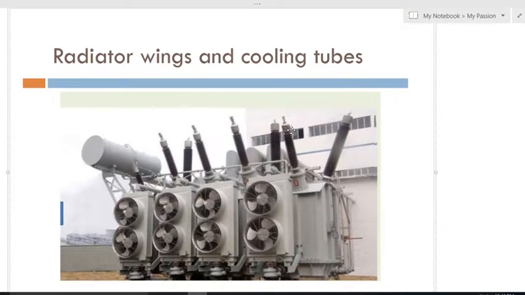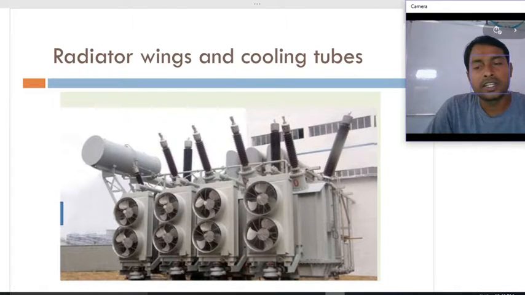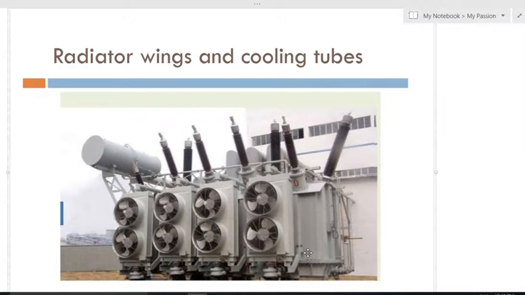So this is also radiator wings and cooling tubes, and we already have different types of cooling methods: natural, air forced, and air forced natural oil. This is another method, air forced. If it is a high rating power transformer, then we should separately provide fans like this, and by using fans we can reduce the temperature of the oil.